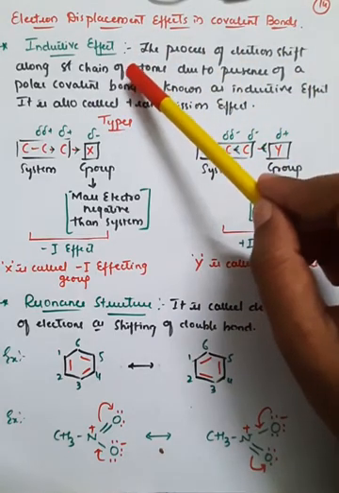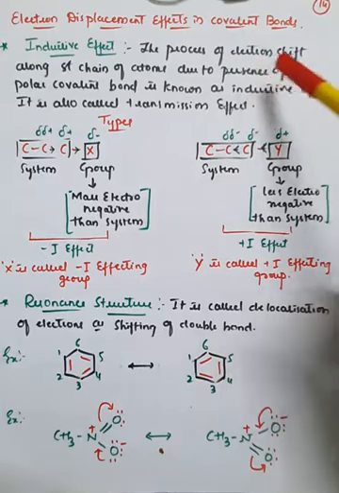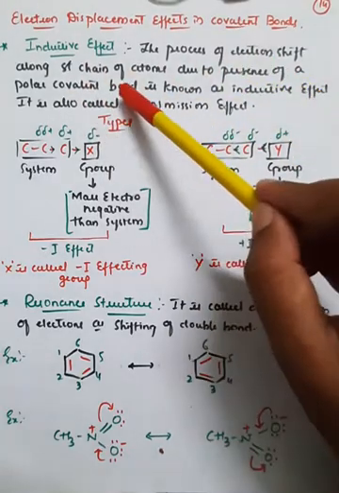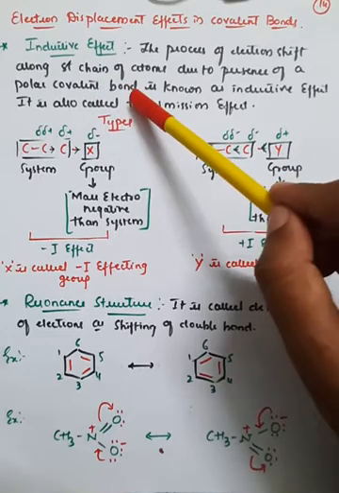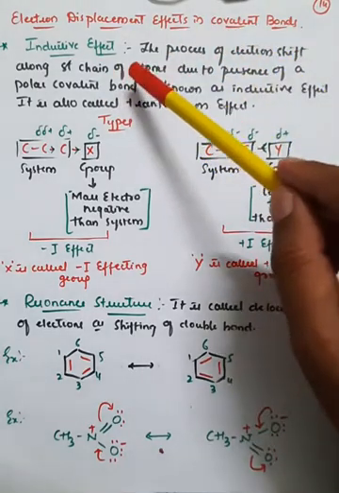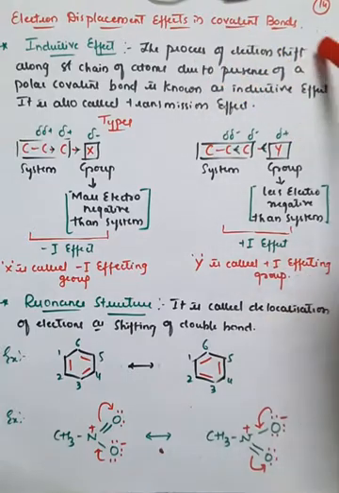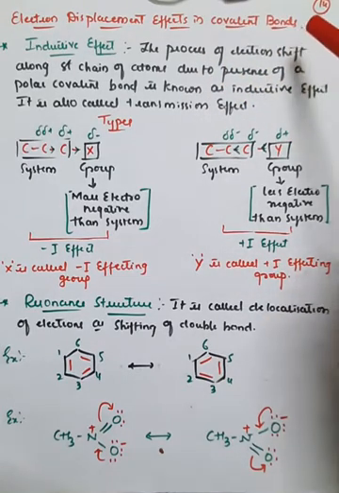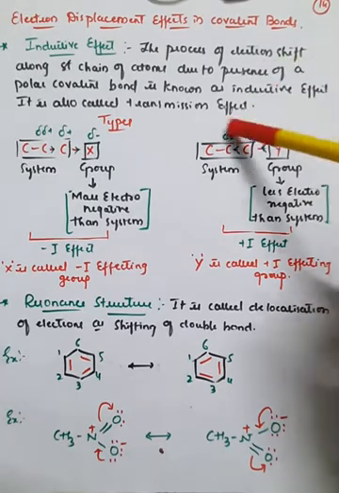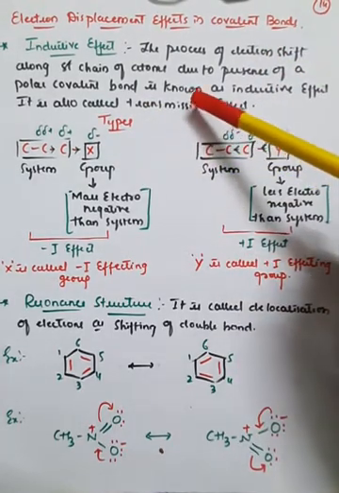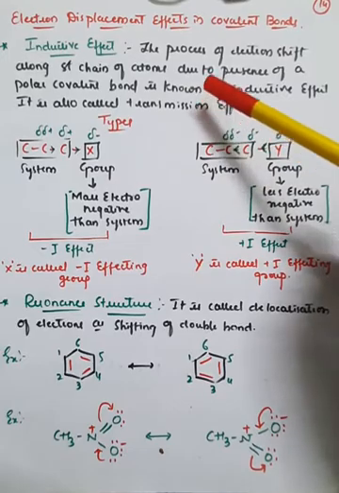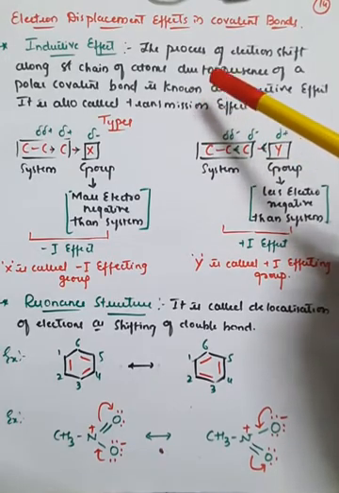So if it is a carbon chain, there will be a movement of electrons due to the presence of a polar covalent bond. Since the carbon chain is made up of covalent bonds, there will be a movement of electrons, or the transfer of electrons, or you can call it a shift of electrons. So due to that, what happens? Within the covalent bond, there will be the formation of one kind of effect. That kind of effect is defined as inductive effect, or it is also called a transmission effect. The word itself we can explain. Transmission means movement of electrons from one atom to another atom.